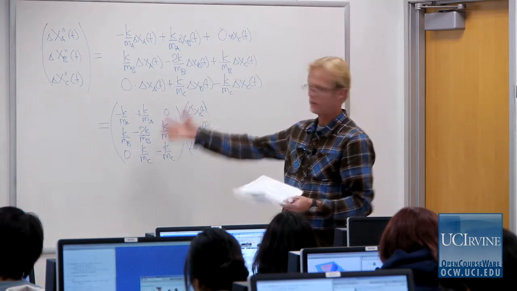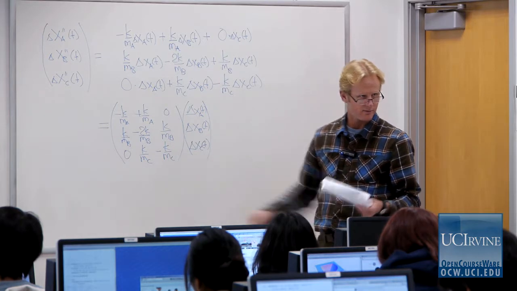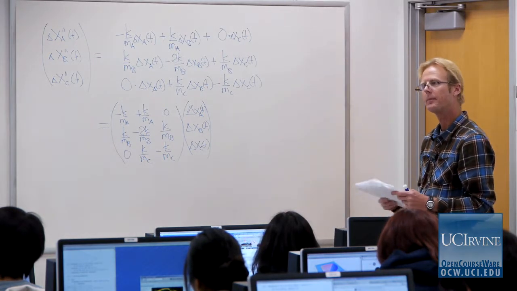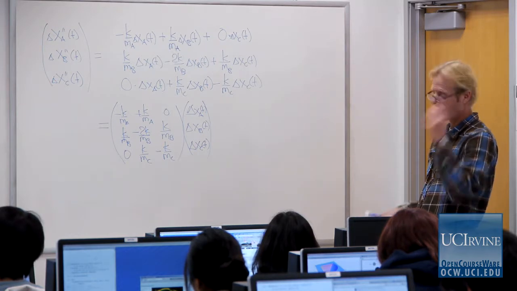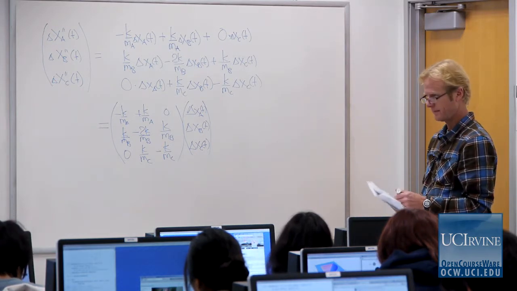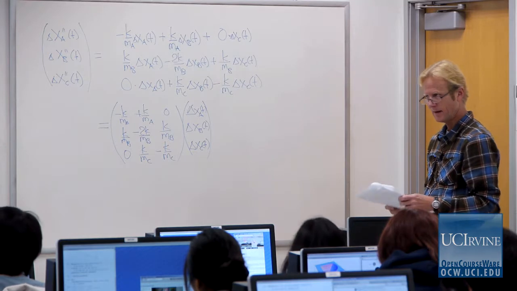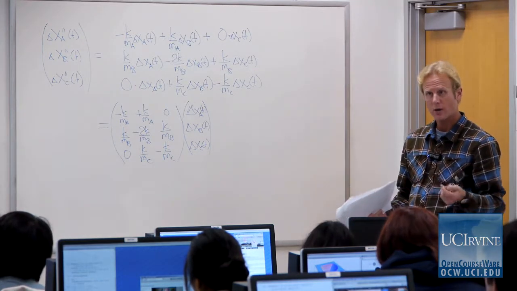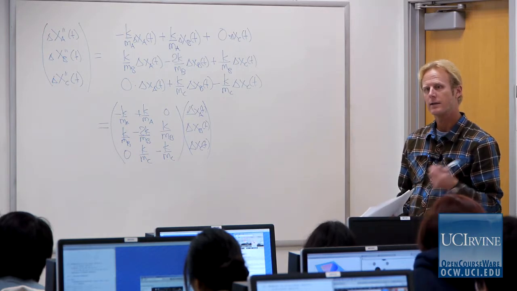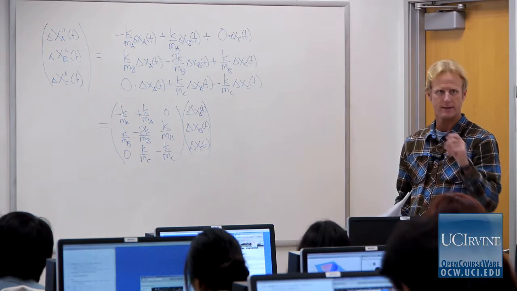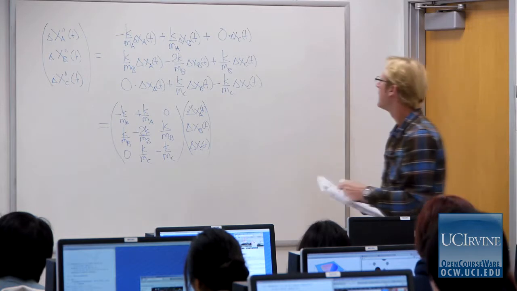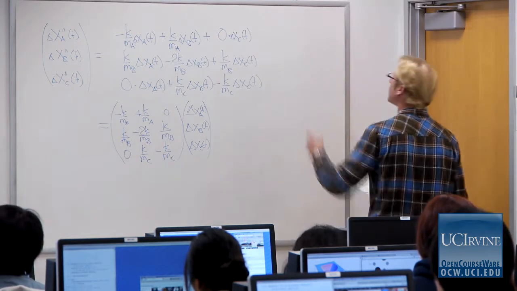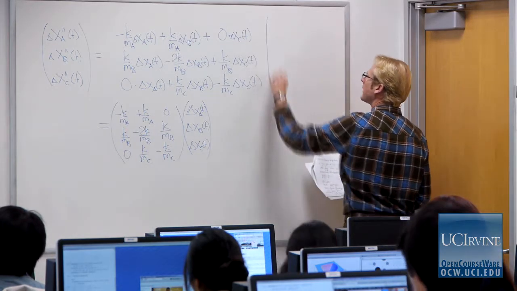So this is a concise way of writing our equations of motion. Now, it's not quite an eigenvalue problem yet. And to turn it into an eigenvalue problem, now we invoke one of the key assumptions of the so-called normal mode analysis. Okay? And to explain that assumption, I just want to remind you, for the case of